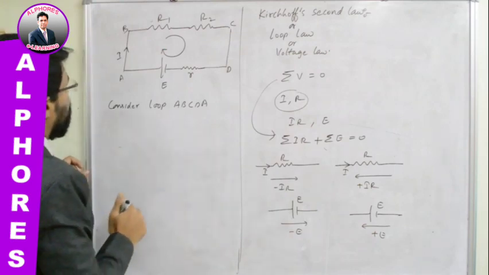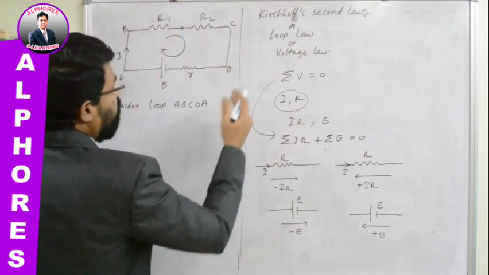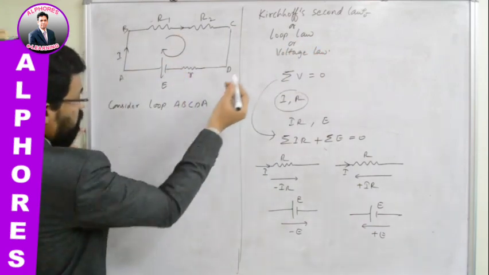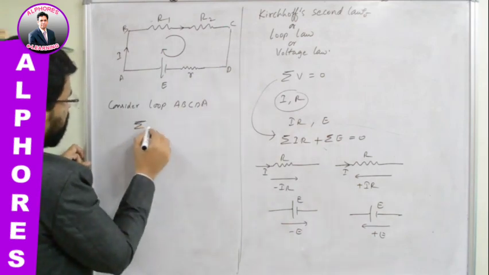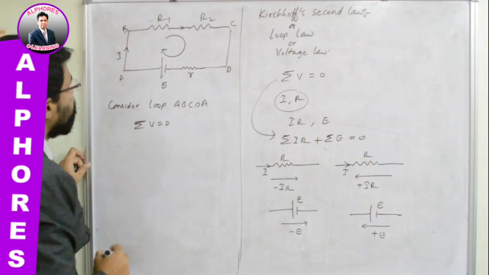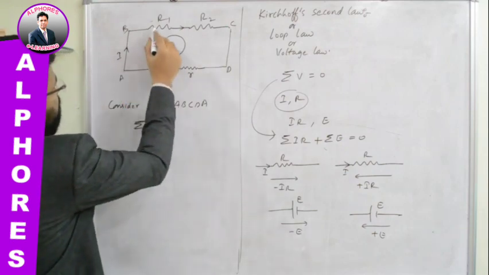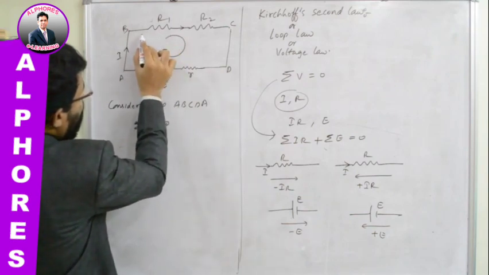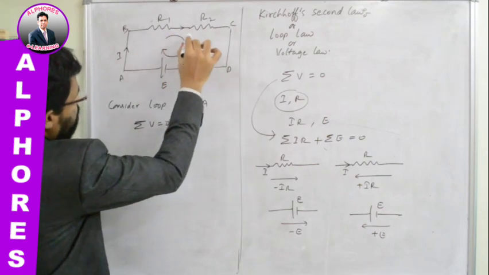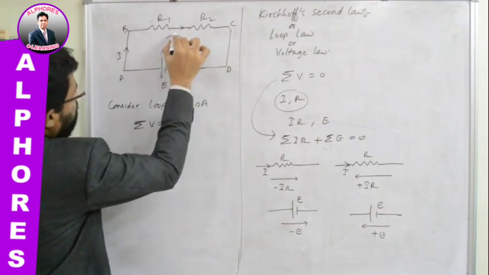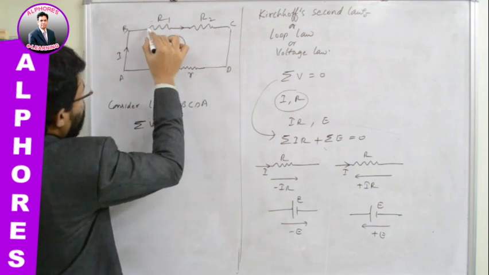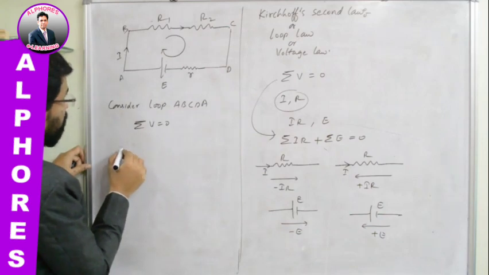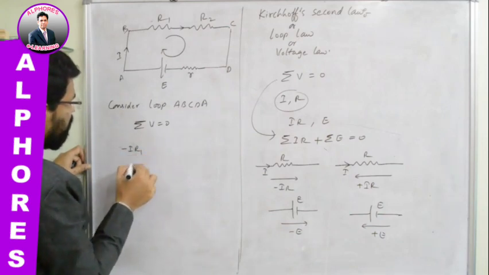Now let us try to understand the application of Kirchhoff's second law in this circuit. What is Kirchhoff's second law? Sigma V is equal to 0. So let me start from here. Here current is traveling in this direction, and I am also tracing along the direction of current flow. So if I am tracing like this, it means I am traveling along the direction of current, particularly corresponding to this resistor. If I am traveling along the direction, what do you have to take? You have to take the potential across that R1 as minus IR1, isn't it?